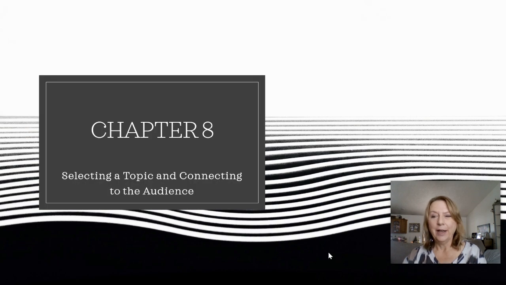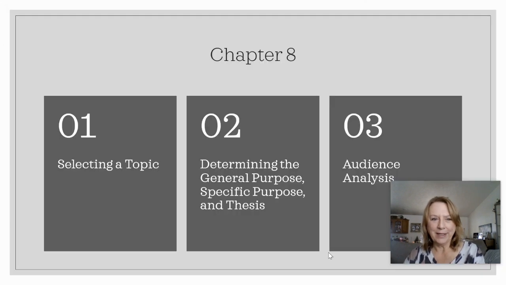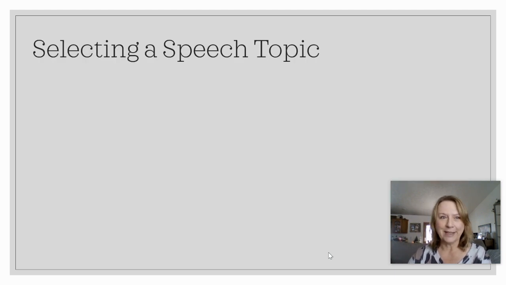So let's get started. Chapter 8 is all about picking a topic, and picking one that you're not only interested in, but your audience will be as well. We will start looking at informative topics and get going on our first big speech. This chapter covers how to pick a topic, how to customize your purpose to the speech, and how to analyze that topic so that it also makes it intriguing and interesting for your audience.